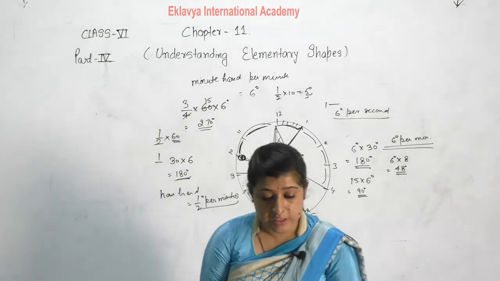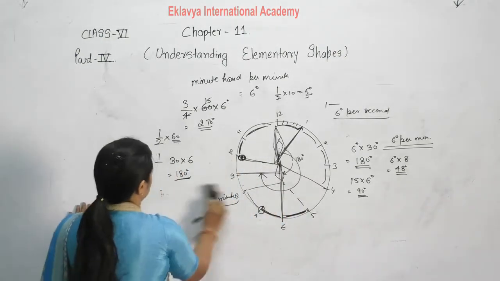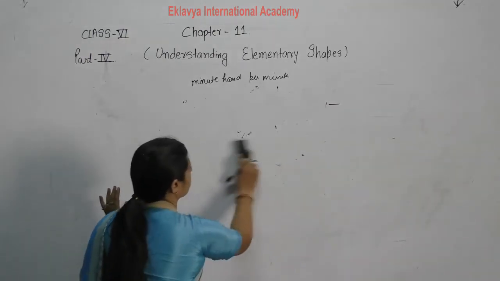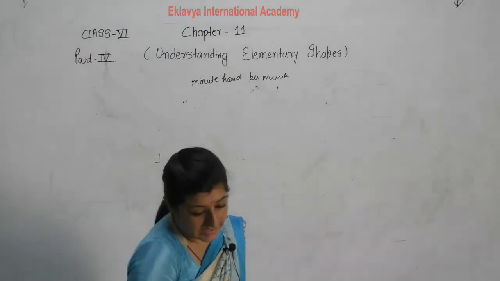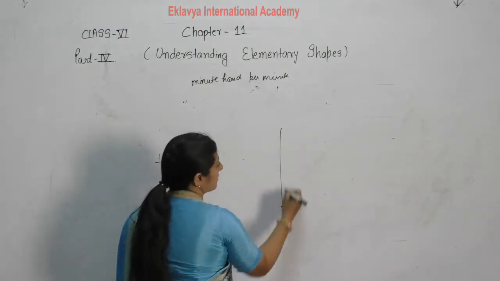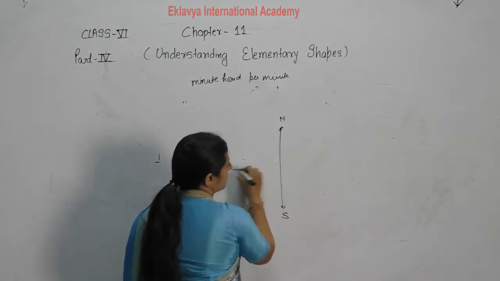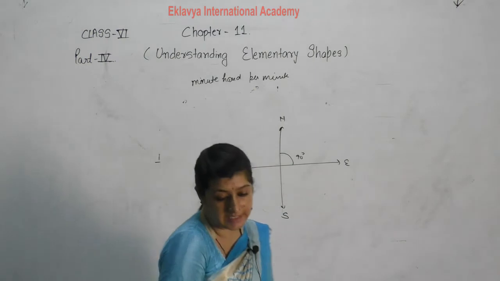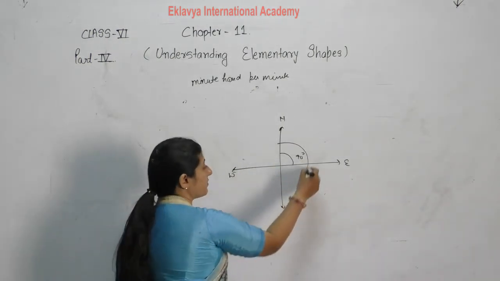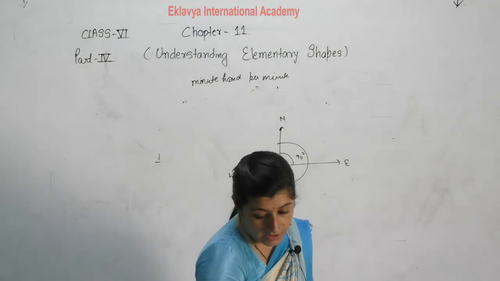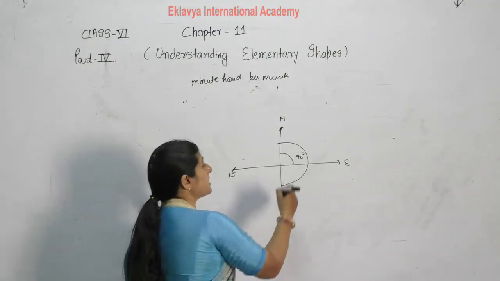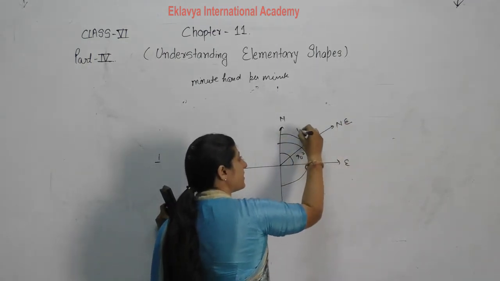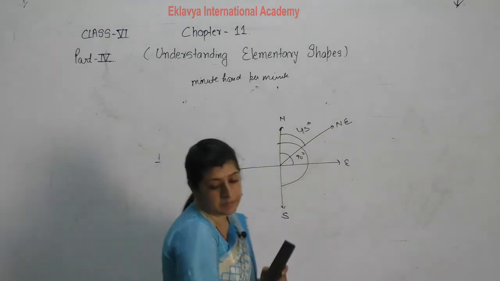Find the number of degrees of turn when we turn in a clockwise direction. Now we will discuss about the direction. In the direction, see, from north to east. North, south, east, west. North to east, obviously how many degrees? 90 degree. North to south, 180 degree. Then north to northeast. Northeast, in between north and east, it means it will make 45 degree.